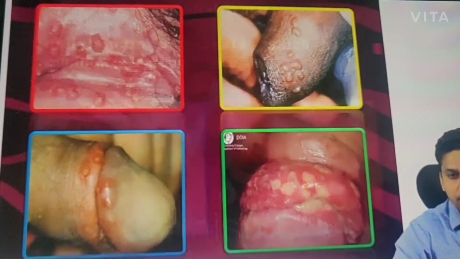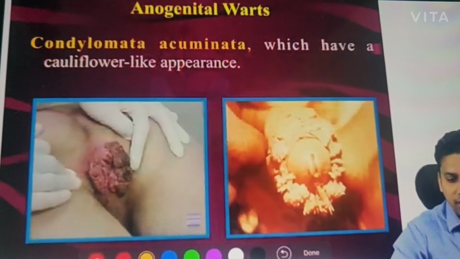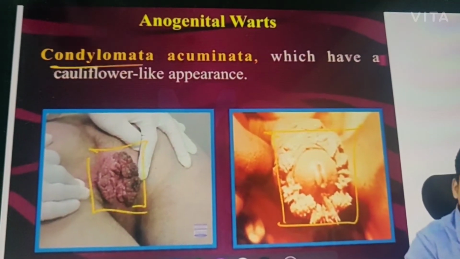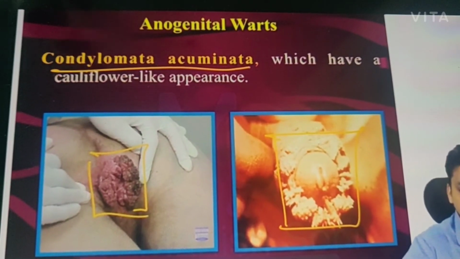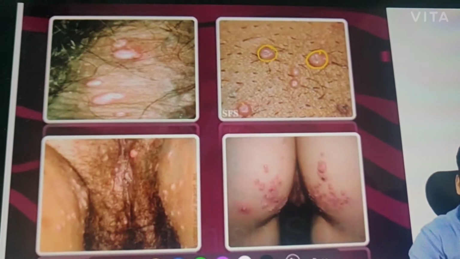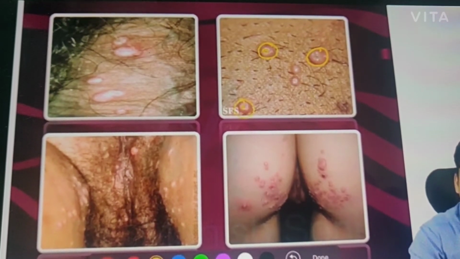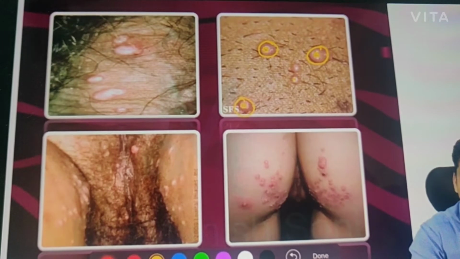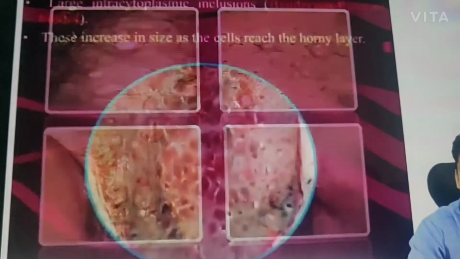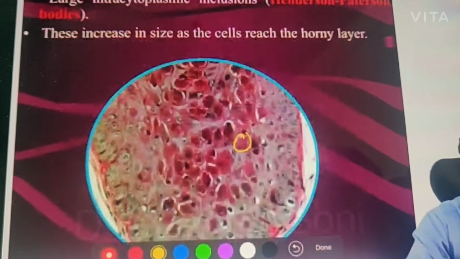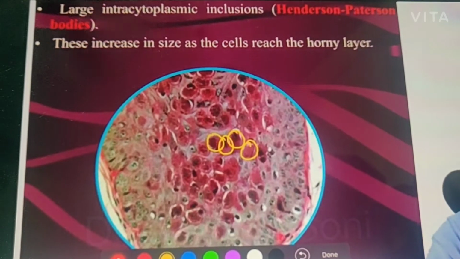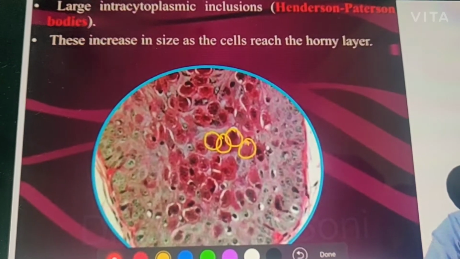This is herpes genitalis. Anogenital warts present with these rough growths. These are also known as condyloma acuminata. These are the lesions of molluscum, where you will find these small pearly papules with central umbilication or depression. When present over genital areas, they are included in STI, and if you see the biopsy, you will find these pink colored. Why are they pink colored? Because these are eosinophilic. So these eosinophilic inclusions are known as Henderson-Patterson bodies.